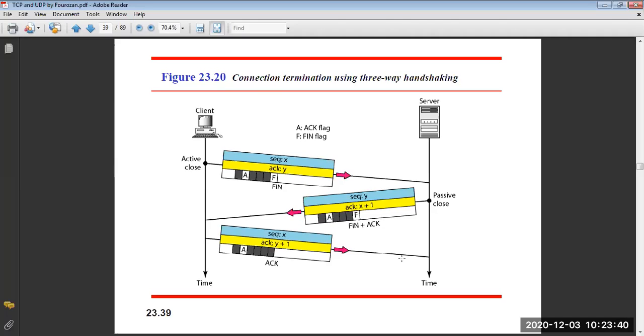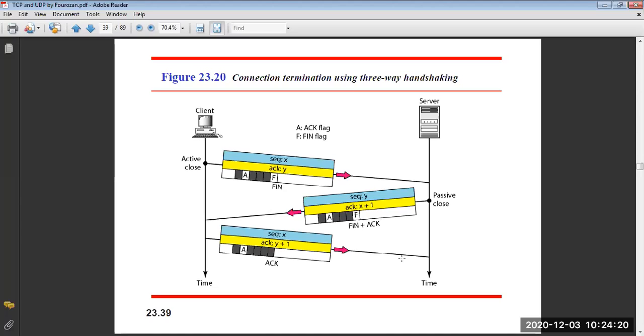Now connection termination using three-way handshaking. Now how does the connection get terminated using three-way handshaking when the communication is done? Clear? So you can see this is how the connection gets terminated. The client sends the active close signal now, not active open. Clear? Last time, when the communication packet sending was happening, the client was actively open. Now when the connection is going to terminate, it will send an active close message to the server. Clear? The server will also respond with the passive close message to the client with the acknowledgement,